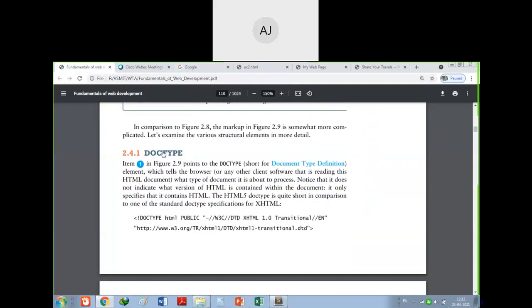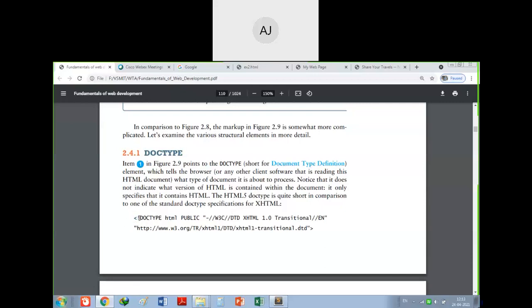Okay. That DOC type I told, that is a document type definition. In short, we call it DOCTYPE, and which has the syntax as angle bracket and exclamatory symbol. Technically, grammatically you call it exclamatory, but in computers we call it a not equal to symbol.